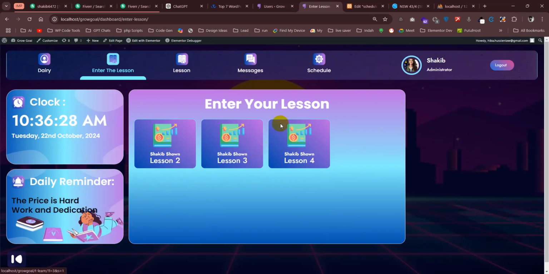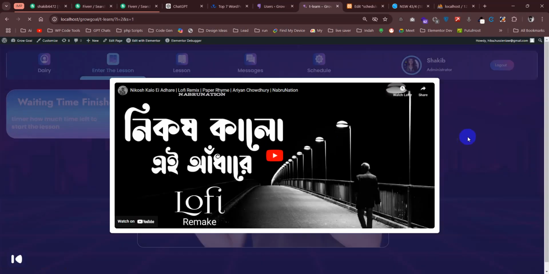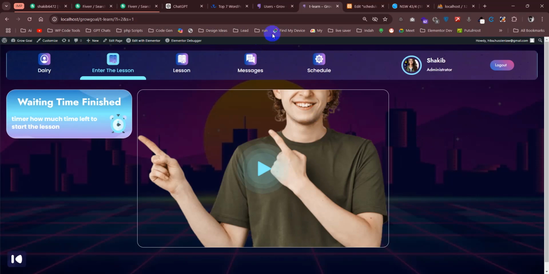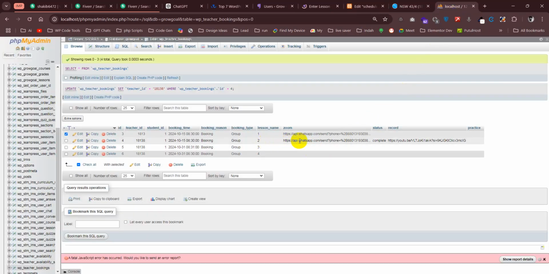Let's click on any other lesson. If you click here, it shows a pop-up. Why is it showing a pop-up? Let's figure it out. This waiting time is finished. This is lesson 2. So when is lesson 2? This is completed, right? It was finished on